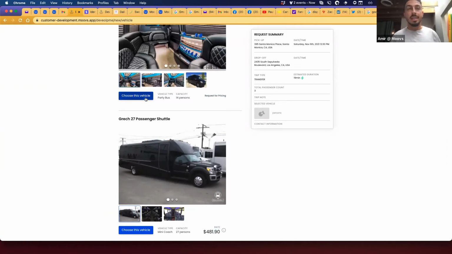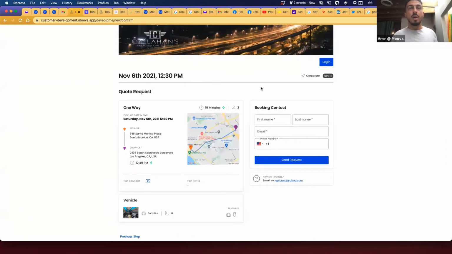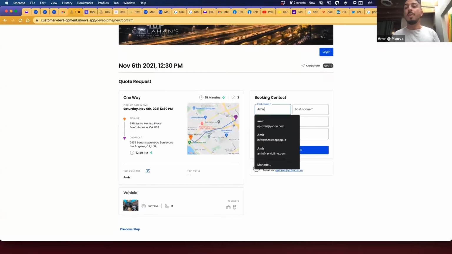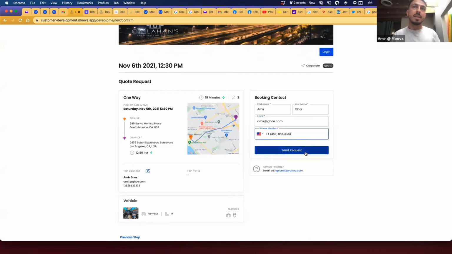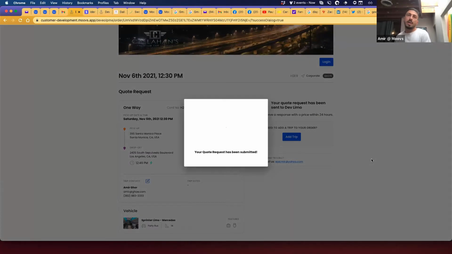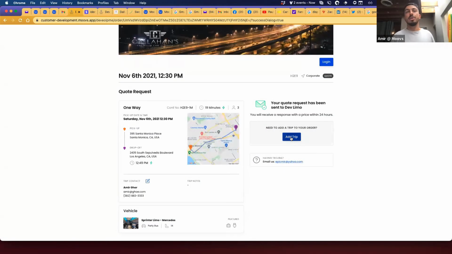So currently today in the quote process, what I want to show you is that we do have a way to add trips. So if I quickly make this request in the system, what you'll see is that this quote request goes through, and look here to the right, a customer can actually start building their trip. You see here, add a trip to your order.